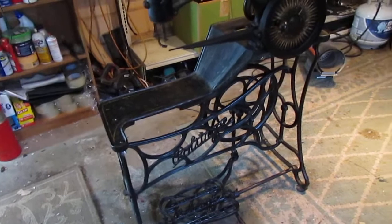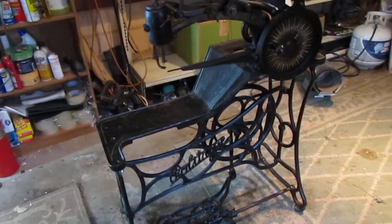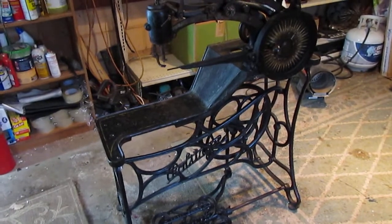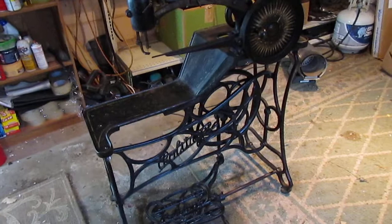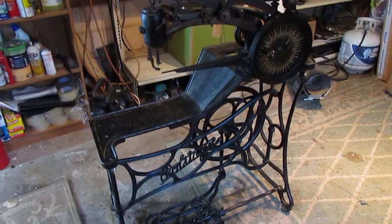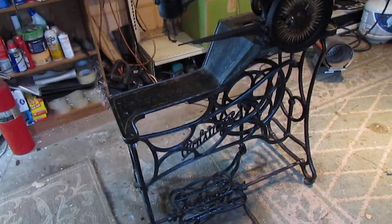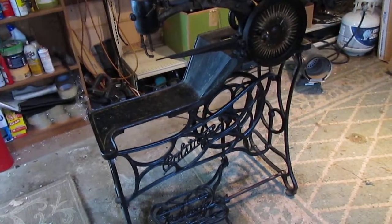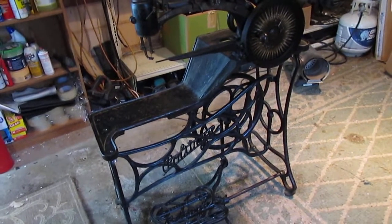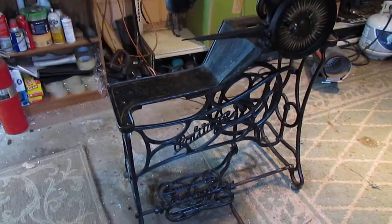We have bought and sold a handful of the Singer industrial machines that look very similar in design to this particular machine. However, the big difference is this machine is or was made in Germany and was imported by the Emil James company in New York,